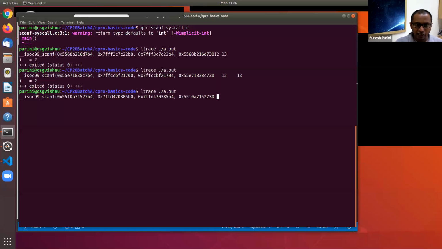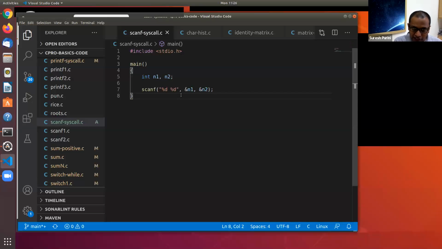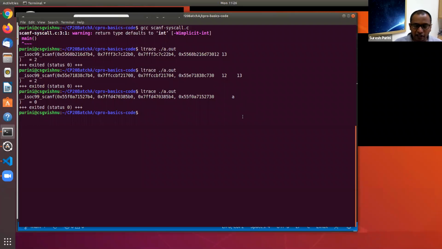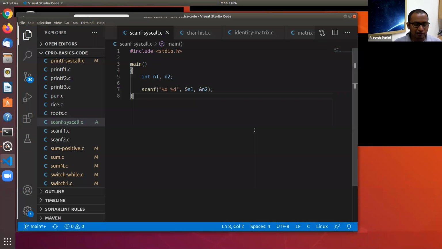So let's say if I press A, then it returns 0 because it is trying to scan an input which matches an integer from the input keyboard buffer, but it encountered an A, so it failed and it returned 0, where 0 is the number of inputs it is able to successfully read.